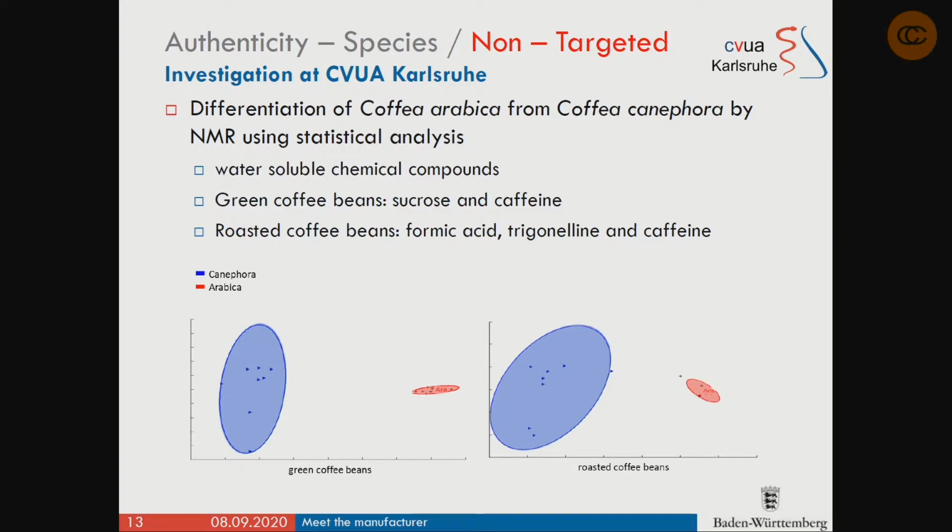Also, the CVUA in Karlsruhe investigated the differentiation of the species. This was done for green coffee beans and the roasted ones. The figure shows that the differentiation of the two species was successful for the green coffee beans and the roasted ones. For example, this figure shows all measured coffees, and the NMR spectra of the roasted Arabica coffee beans